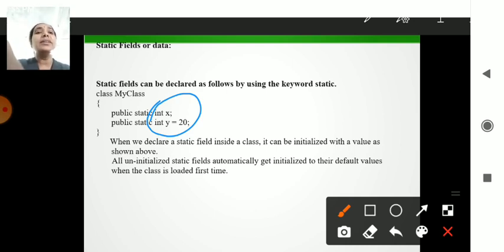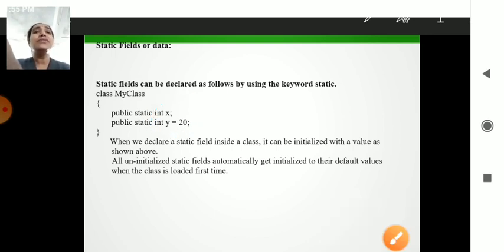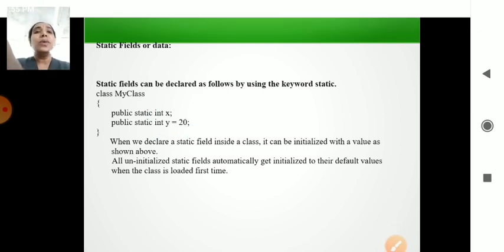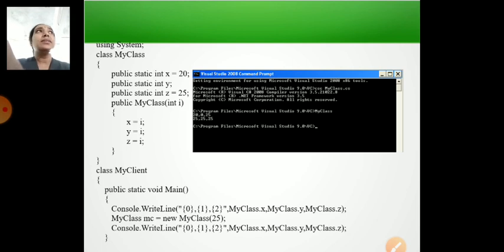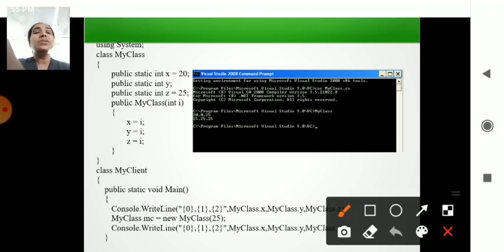I can't create any object. So remember that whichever class is declared as static cannot have any objects within it. And by default, static variables, if not initialized, will take the value 0. Here you can check an example for the static variable. Here you have three static variables, x, y and z, and those are initialized with the variable i's value.